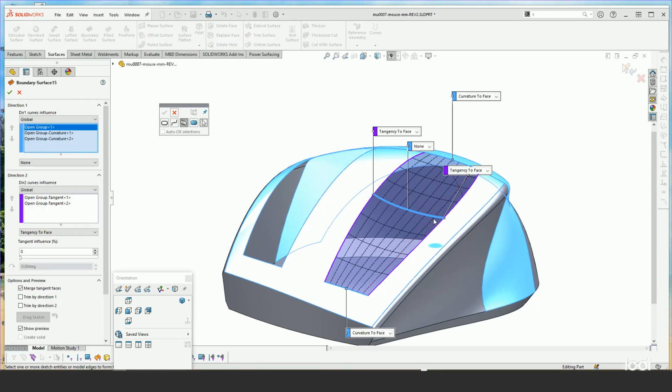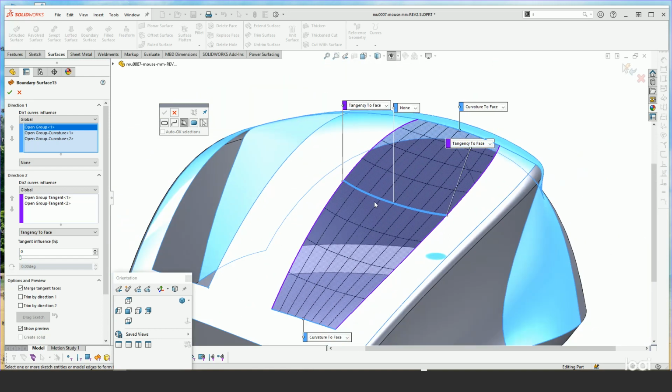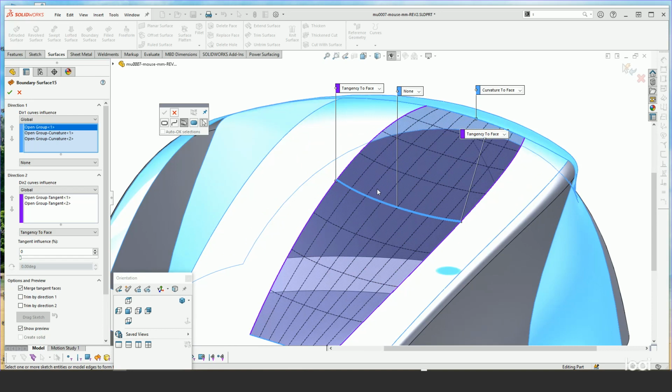boundary surface. And you can see the isoparams are moving in this direction, that they are getting slightly bigger towards the middle and then smaller as we go out to the rear. And the result is we're going to get a creased shape that disappears at the rear and disappears in the front, and is more pronounced towards the middle, because we're going